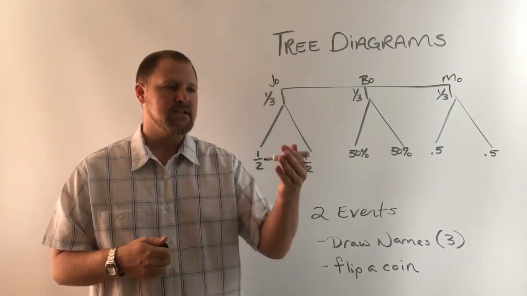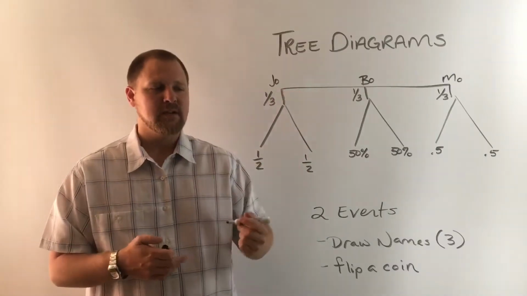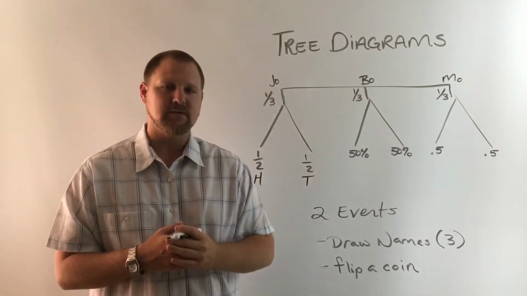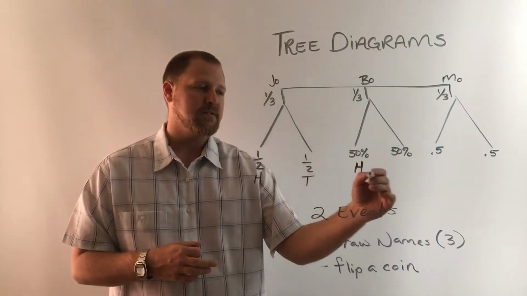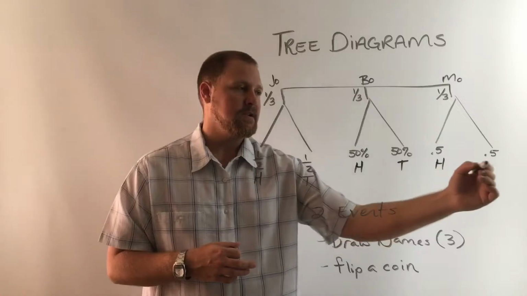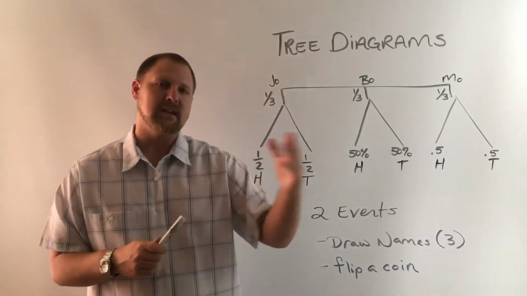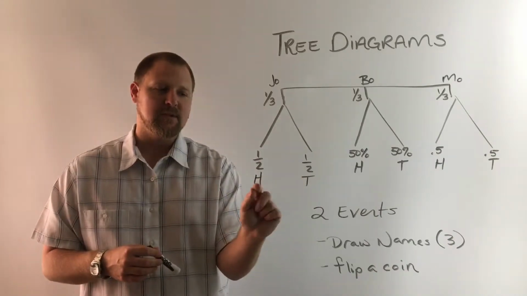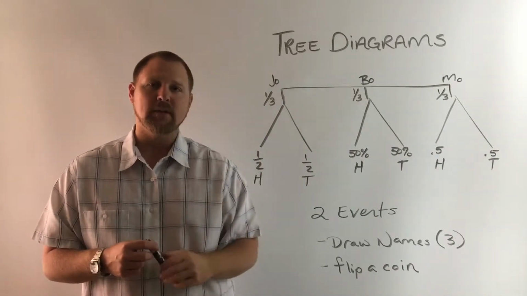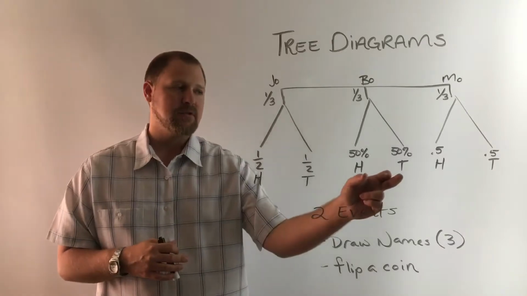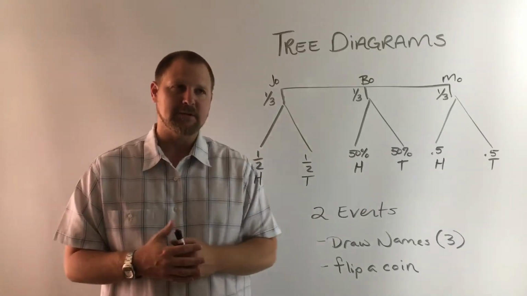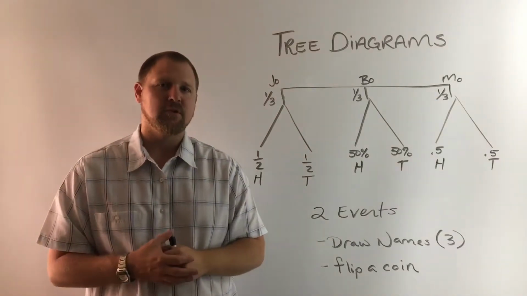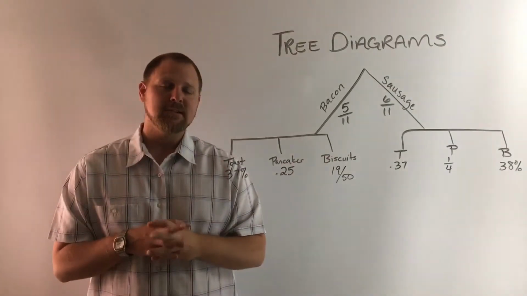And then the second level: if Joe's name is drawn, then the coin can be flipped to be either heads or tails. And so then we put heads or tails on each branch of this second level of the tree. And notice all options of this level right here, so the only options are heads and tails, add up to 1 over 1. Here this adds up to 100%, and this adds up to 1.00. Also, this adds up to 3 over 3, which reduces to 1 over 1. This is a quick look at a pretty simple